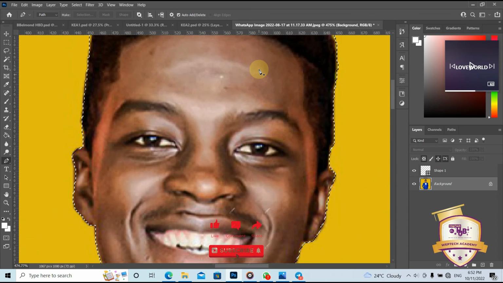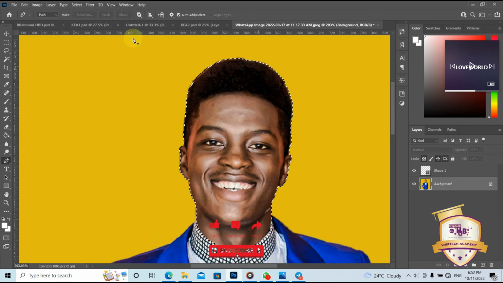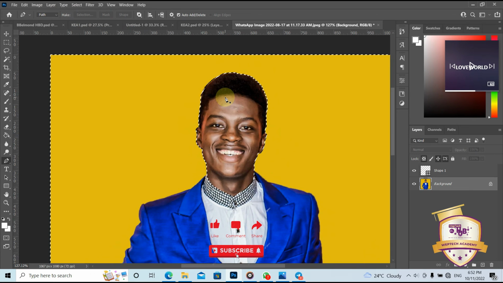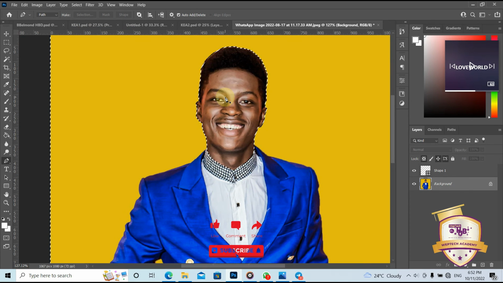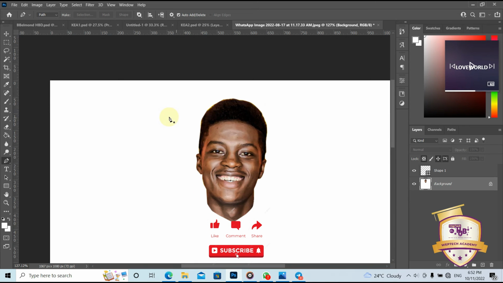Now to remove the background, we'll need to invert the selection. Let's go ahead and click on select inverse and use the shortcut Control X, and that's it. That's how to remove and get out images